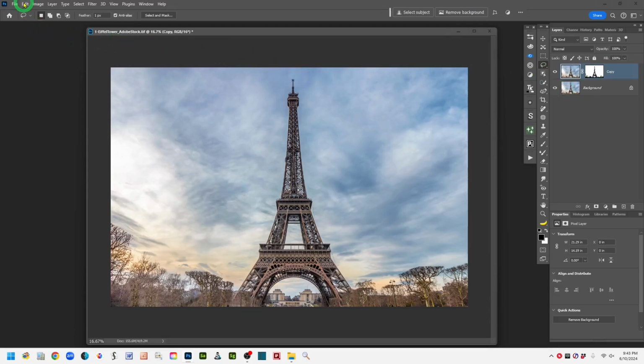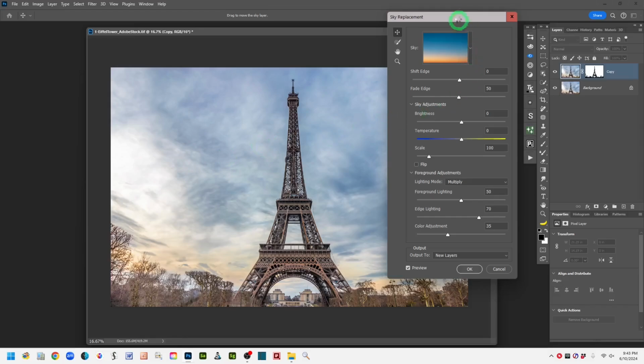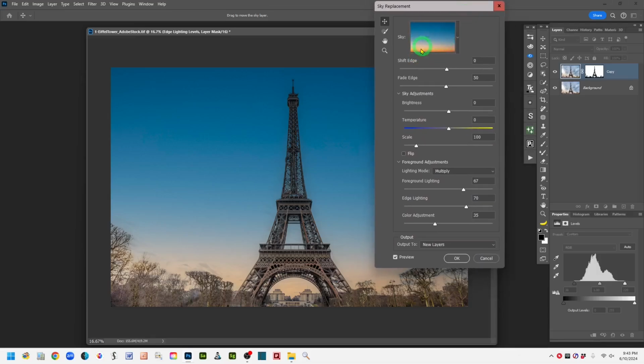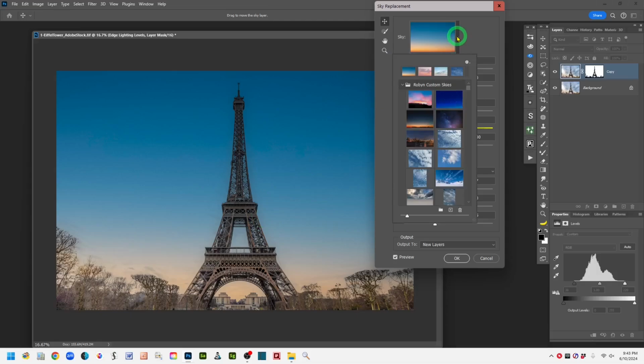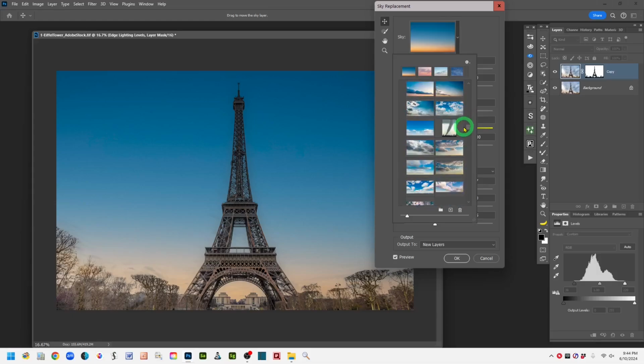We can go up to the edit menu, top of the interface, come down to where it says sky replacement, left click on that, and it opens us up into the sky replacement interface here. Okay, and this was the last sky that I used, so it automatically applied that sky to this image. Let me scoot this over so you can see. So if you click on this down arrow, and again, this isn't going to be a tutorial on sky replacement, but let me try to put more of a sunset